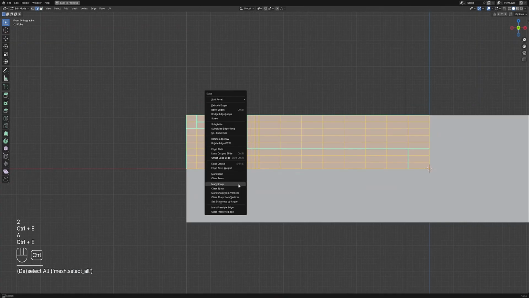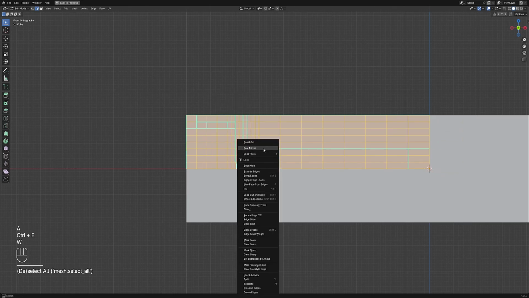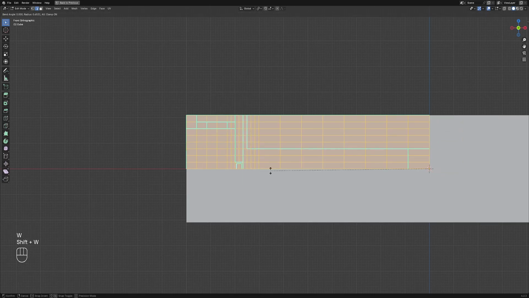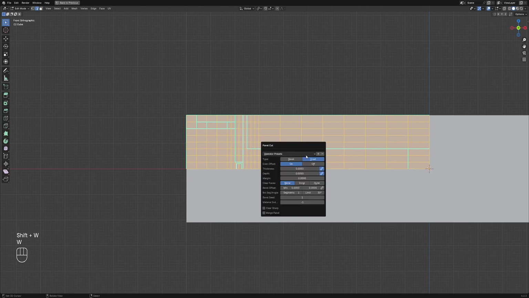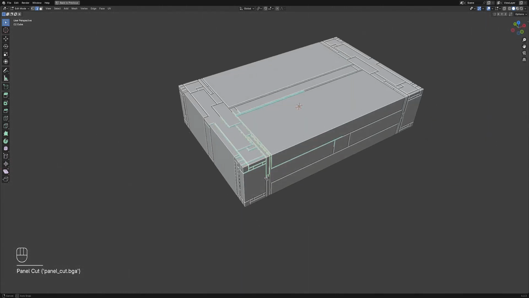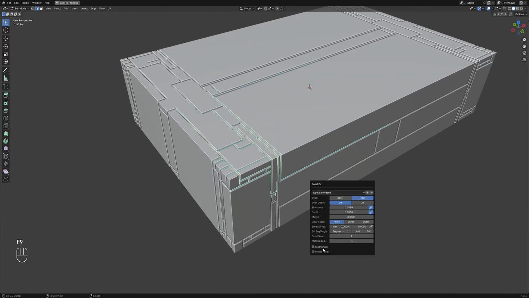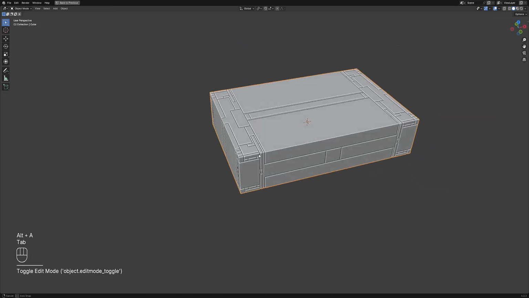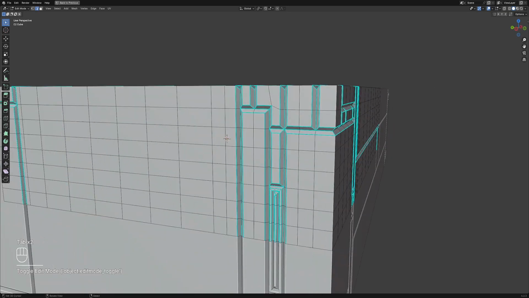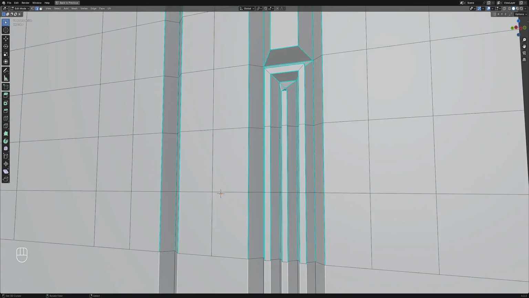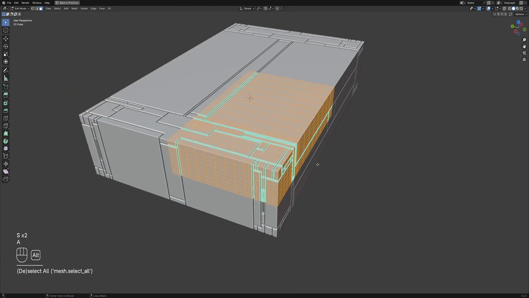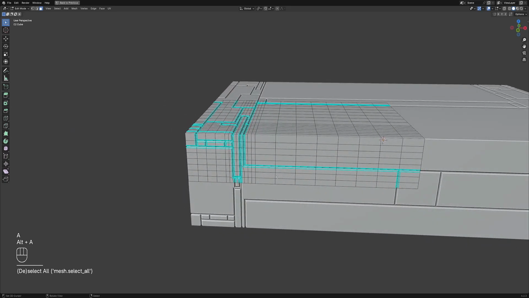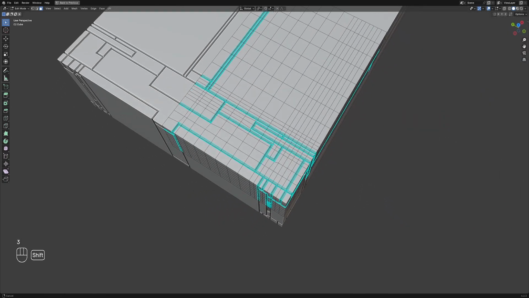Random panels, panel cut, I'm sorry, panel cut, inset, and then you can merge this to the source mesh. And now all you have to do is create your own. Oh, we used too much thickness. Okay, now all you have to do is push and pull faces and model some of the details